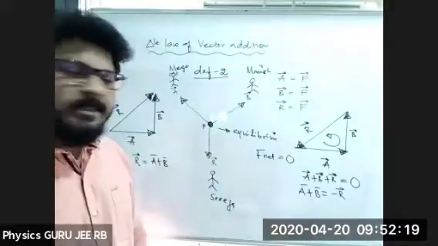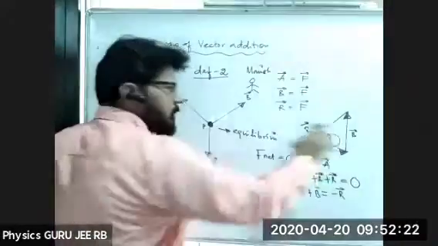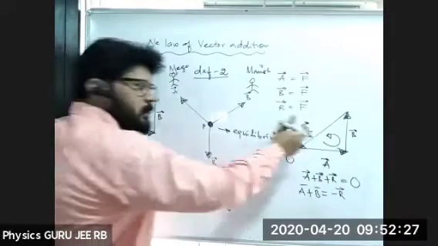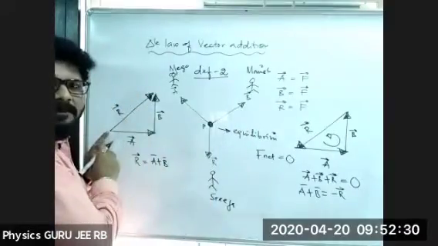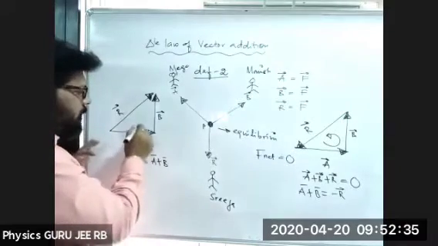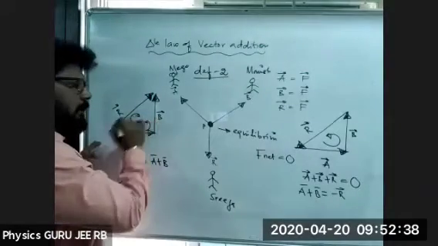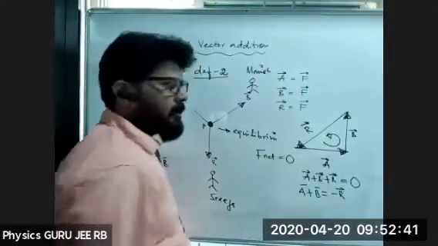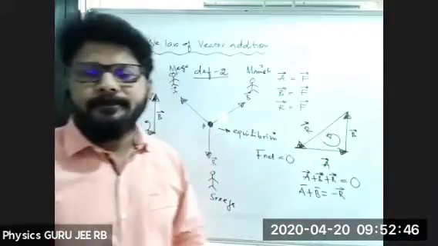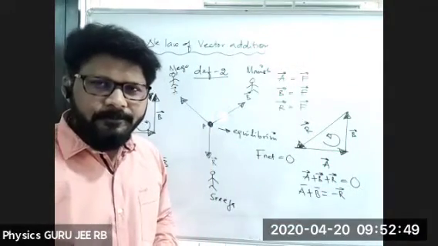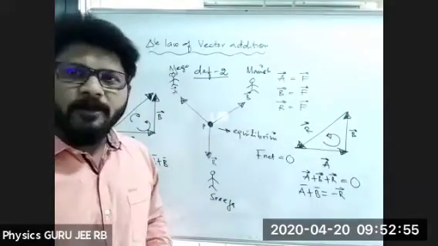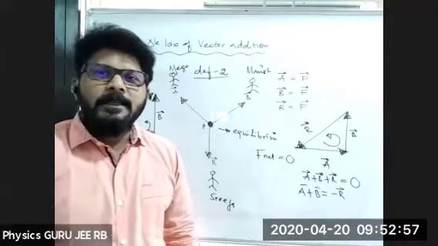Why am I getting minus R? Because this R and this R are opposite in direction. So this is the actual one. This is nothing but, of course, the reverse of that one. Magnitude will be the same, but reverse order. Right? These two are clockwise, and this is completely in the anti-clockwise direction. A, B and R. Clear till this point? If you still have any doubts, let me know. Yes, clear.